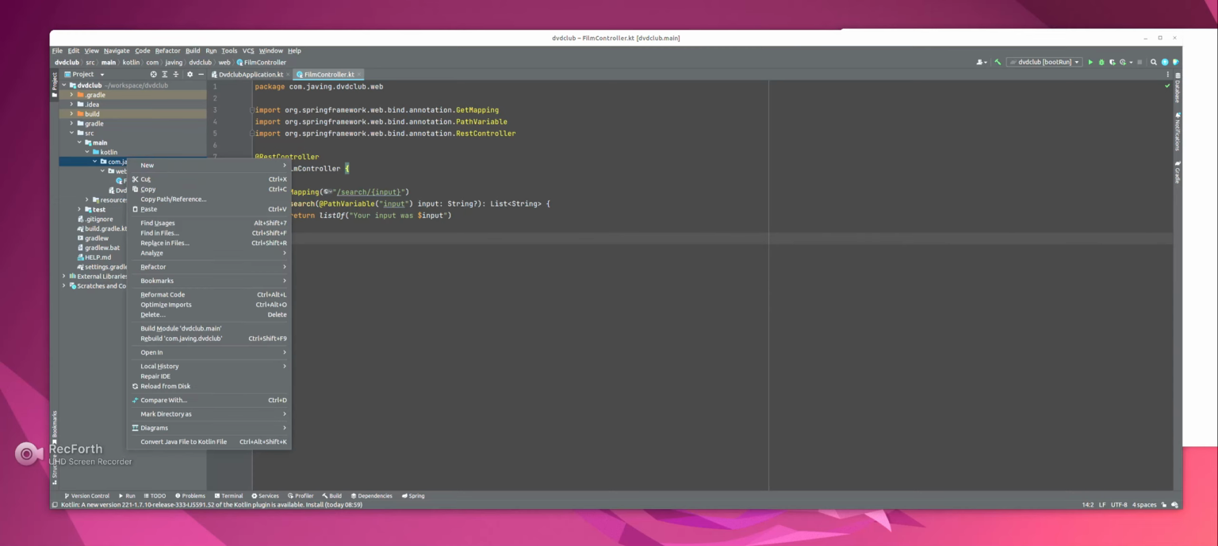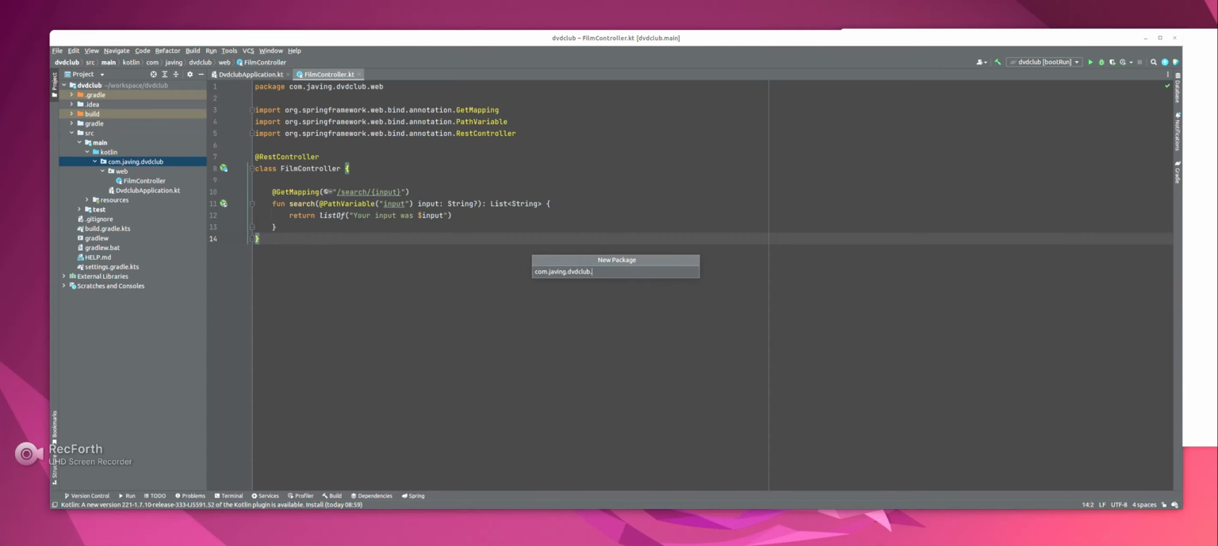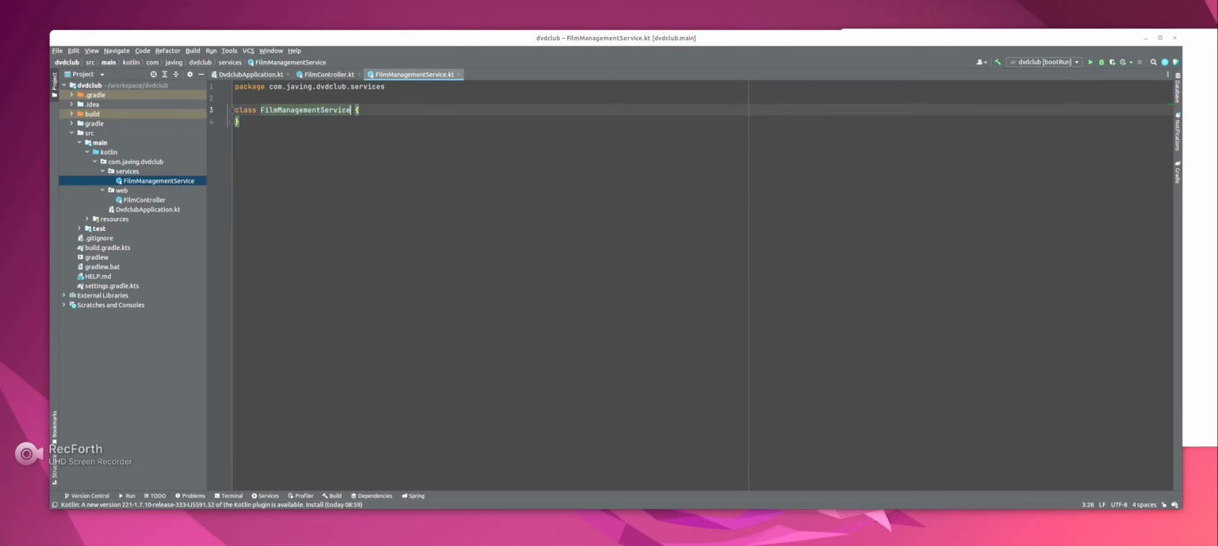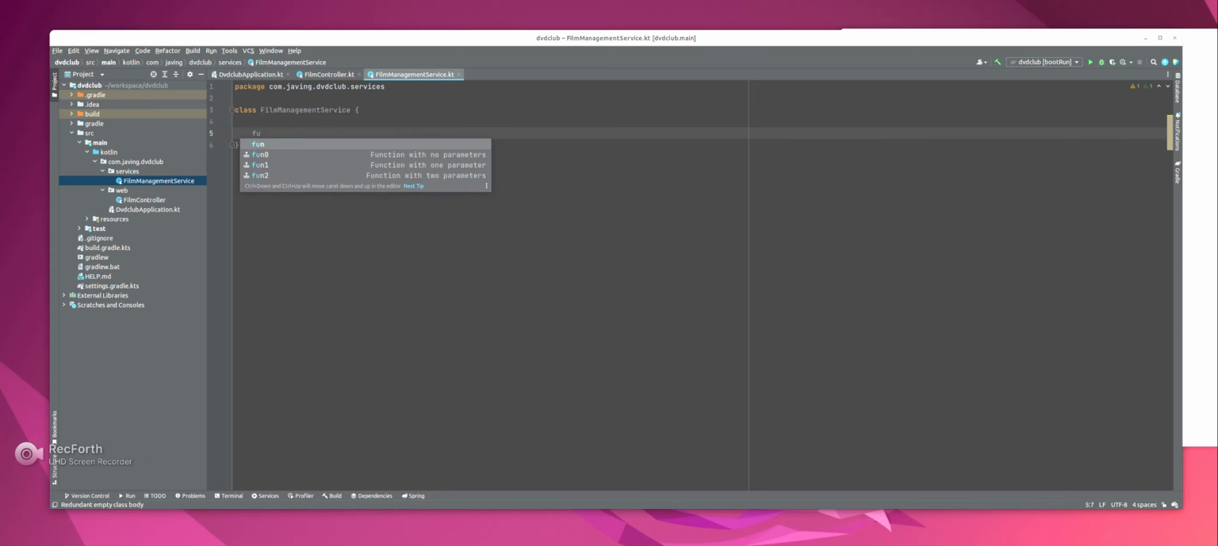So I'm going to start by creating a package and I'm going to call it services. So our service layer is going to live in this package, and let's create something like film management service. So this film management service is going to have a function which is going to, let's say, process films for an input,